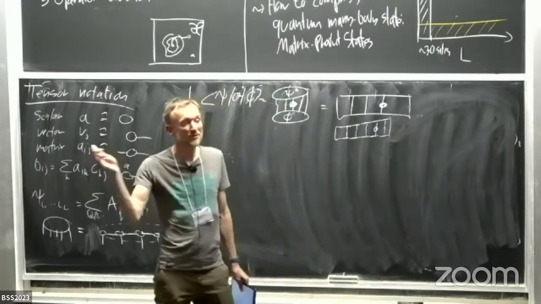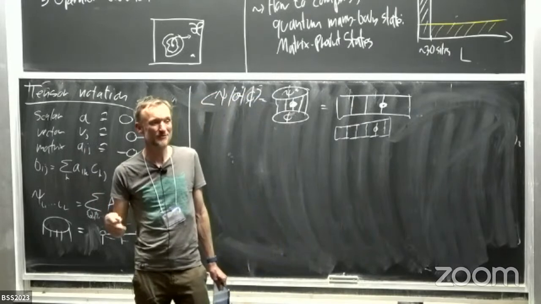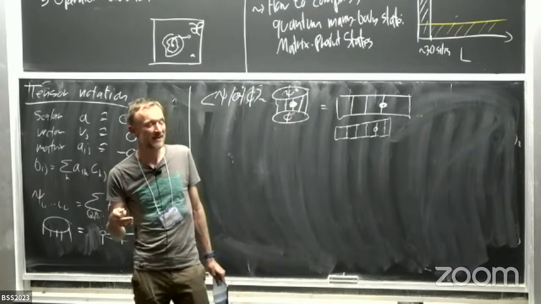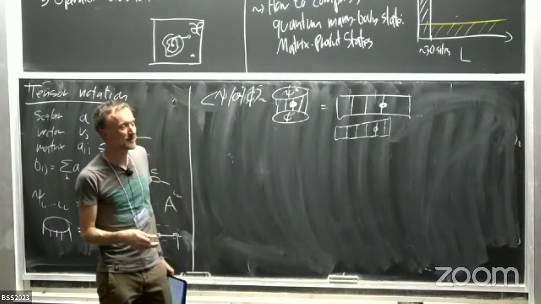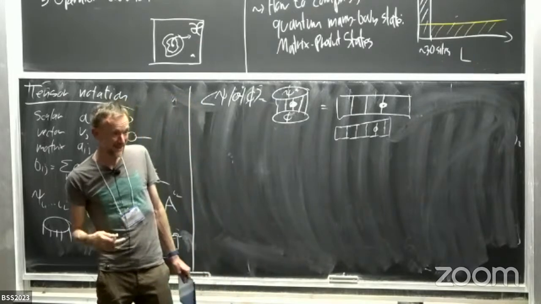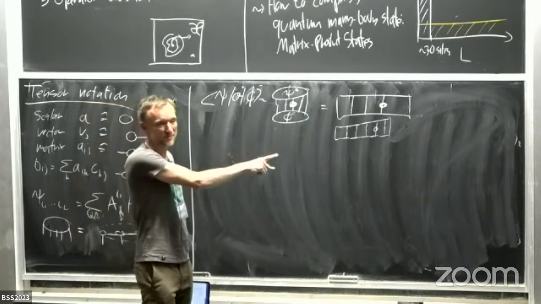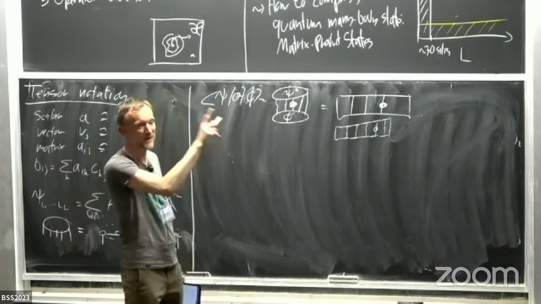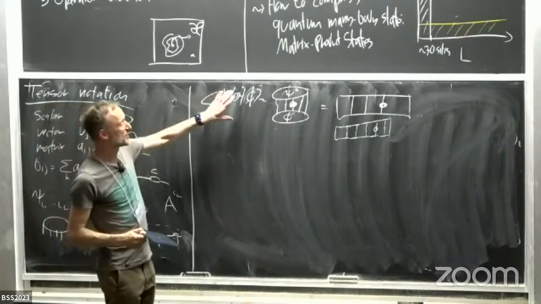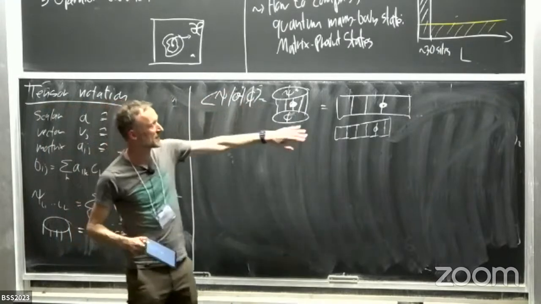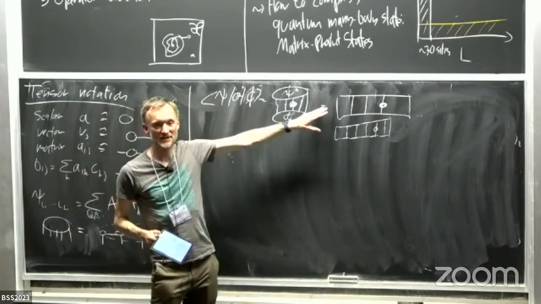And once you go to 2D, you see it's no longer the case. In 2D, if you have some generalization of matrix product states, you still might be able to represent the state very efficiently, but calculating observables is exponentially hard. So here for MPS, we find that we can represent the states efficiently. And also, once we have a state in this form, we can calculate observables efficiently.